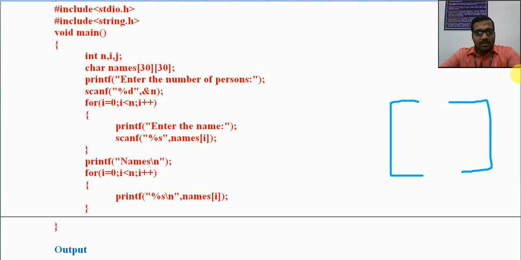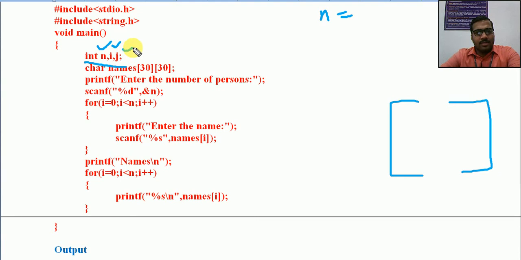Now just look at the code. I am declaring three variables. n is used for reading the number of names; I will enter the value while reading. This is for the number of persons. Then i and j.